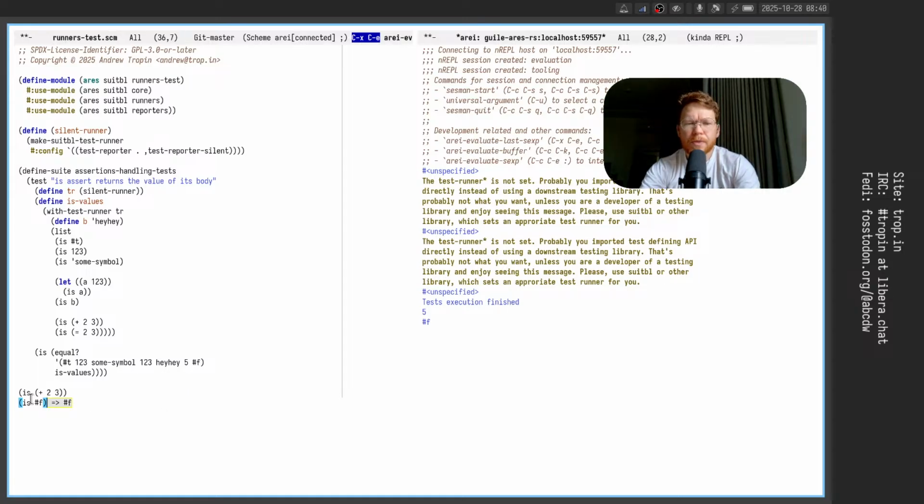But for this case, by default, no exception is raised. It just works. But if we wrap it into the test,